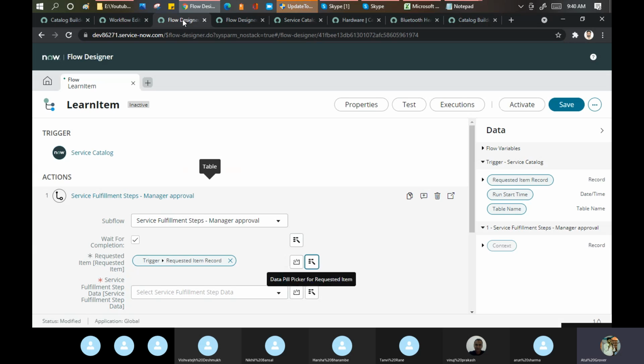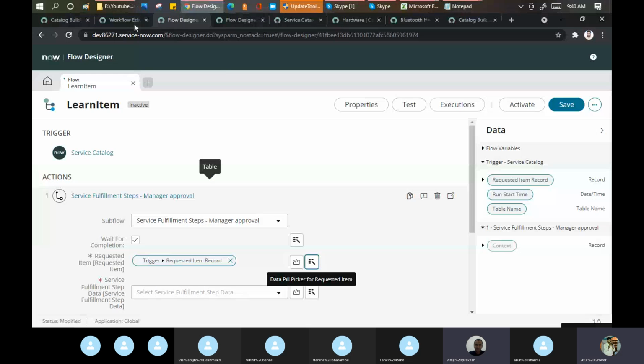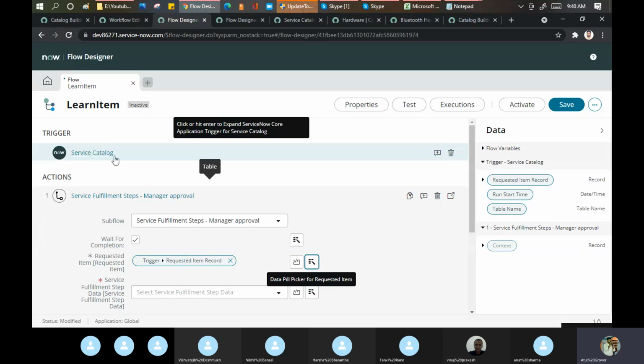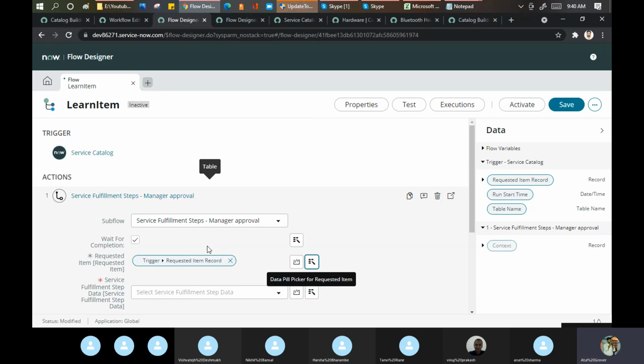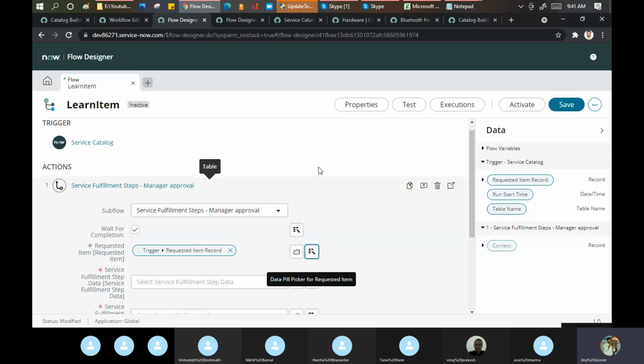Clear, Vinuj? So I'm saying that we did this part yesterday. The benefit is that suppose in this service catalog, my two items will be generated, one for a mobile phone and one for a laptop. I want approval to go only for the laptop, not for the mobile phone. You can define that here, but this option is not available there. In that case, for every item it will definitely go for approval. So that is the advancement they are putting here.